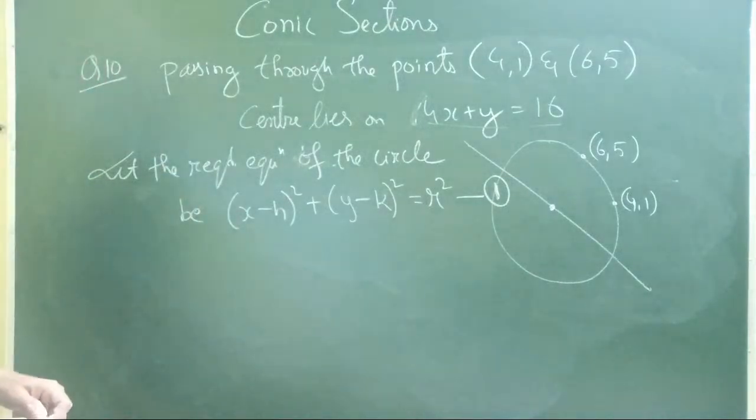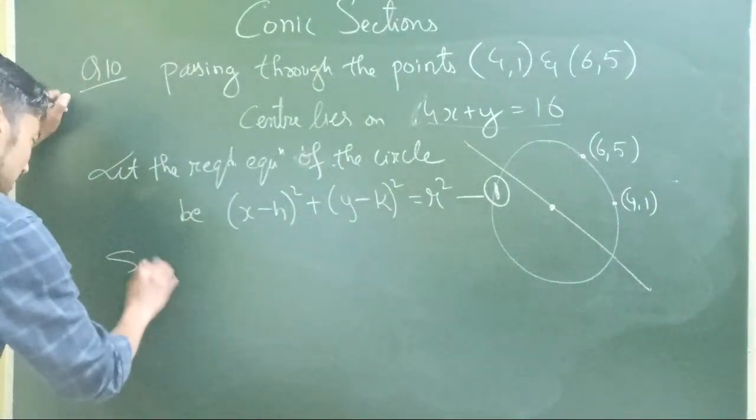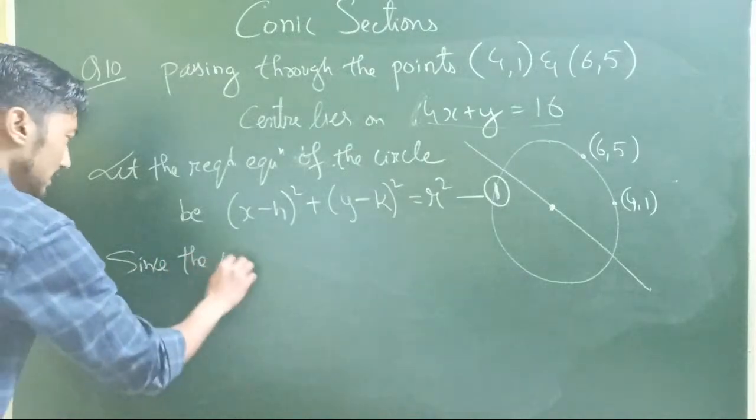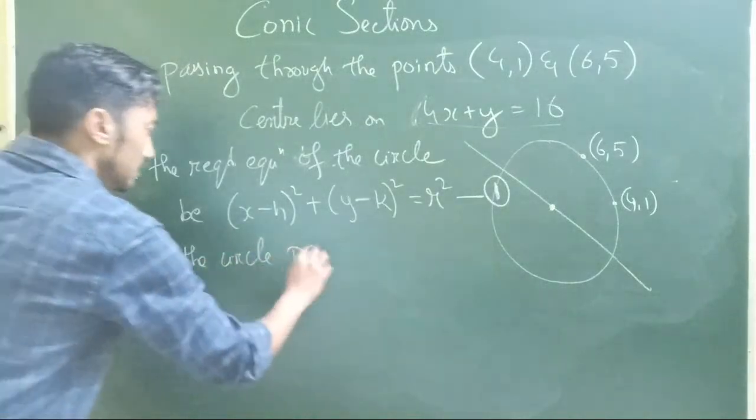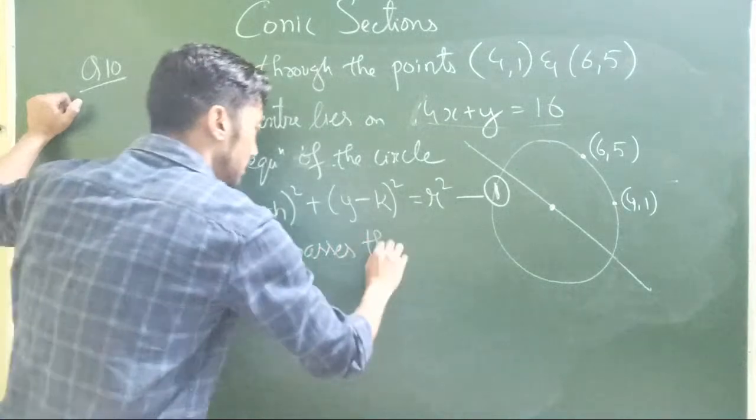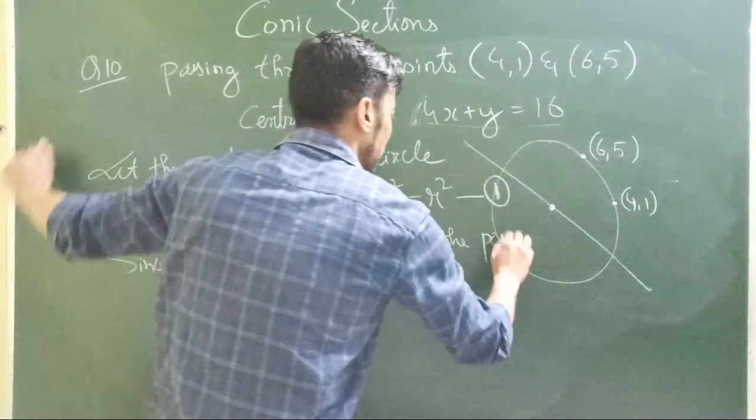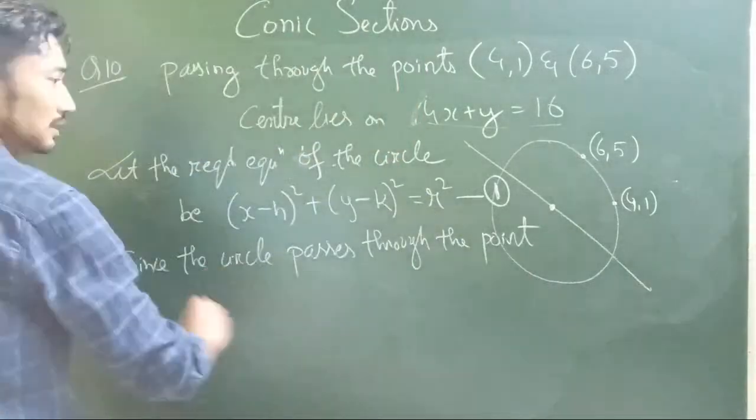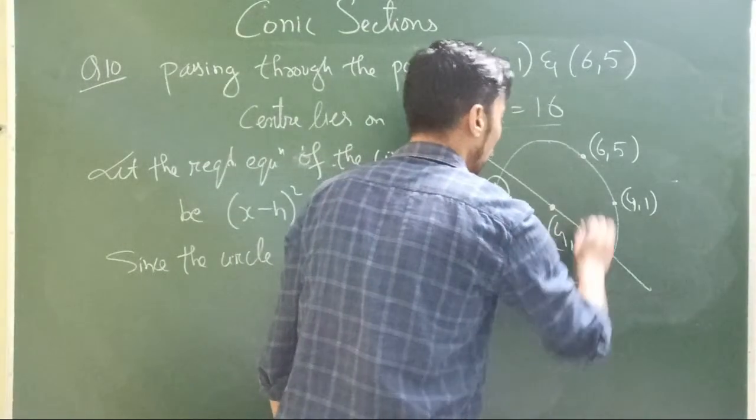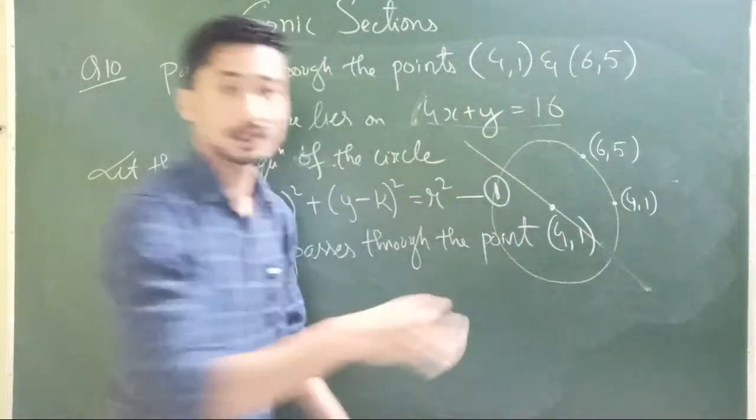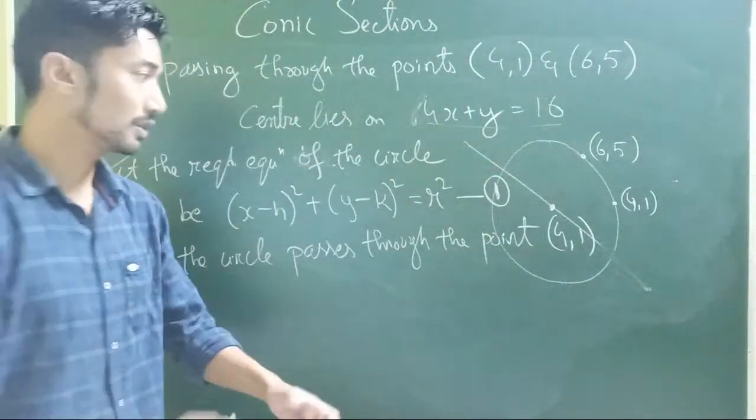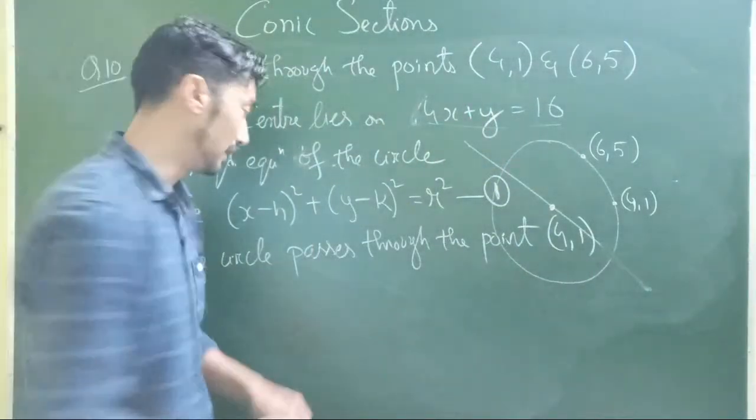All right, so now let's start. As I mentioned, since the circle passes through the point 4, 1, I'll just write it here for this question. From the next question, we are just going to apply directly. So since the circle passes through the point 4, 1,